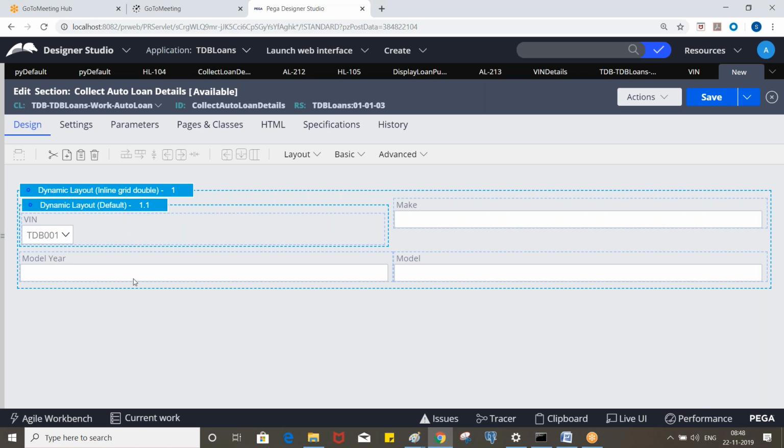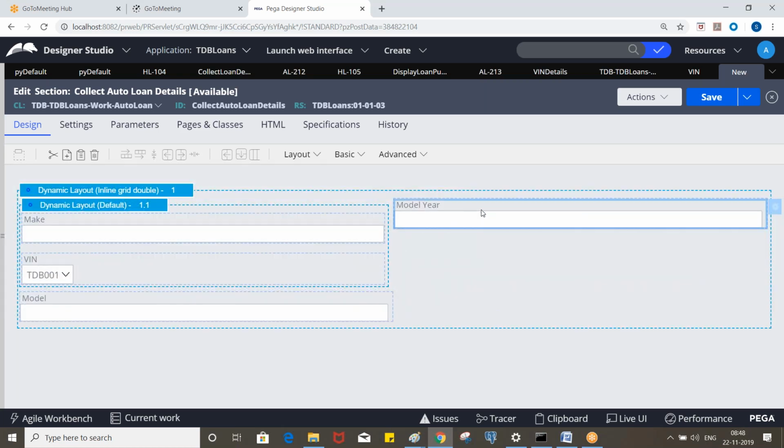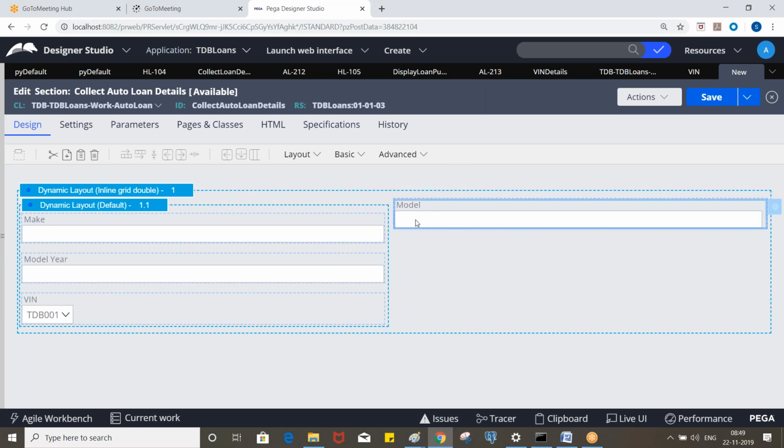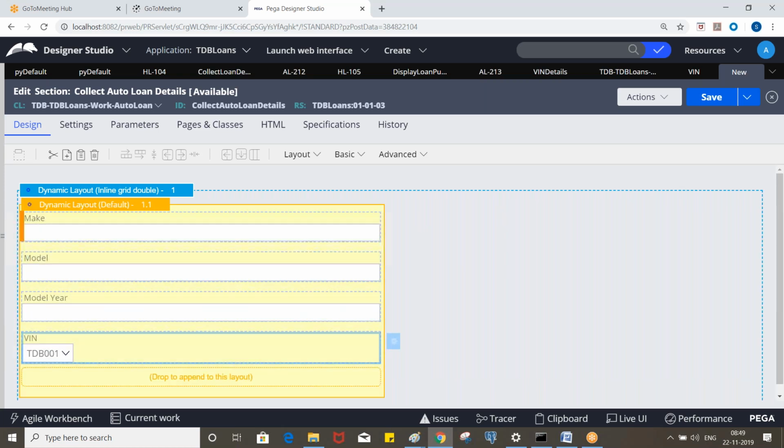If you put the properties, they will be displayed one by one. If you make this layout inline grid double, in this layout it will be displayed side by side. Okay, clear?